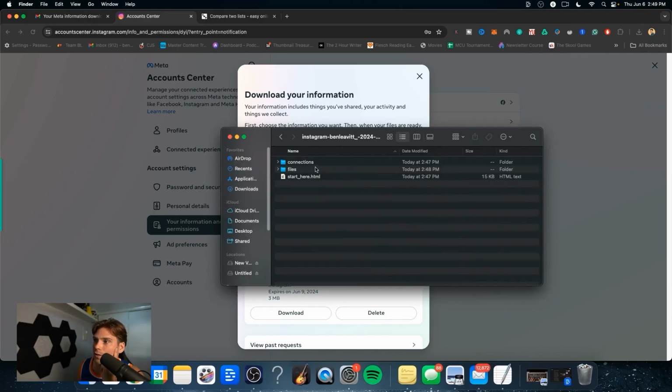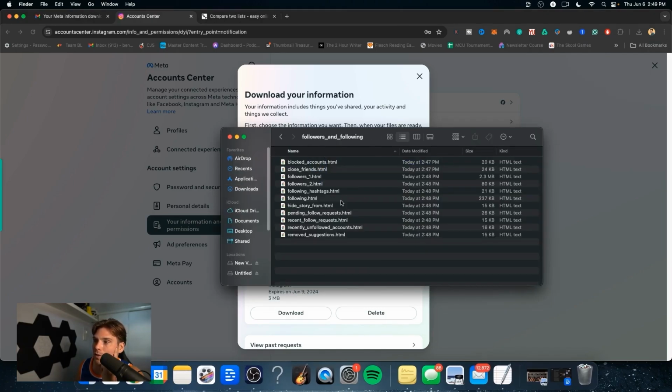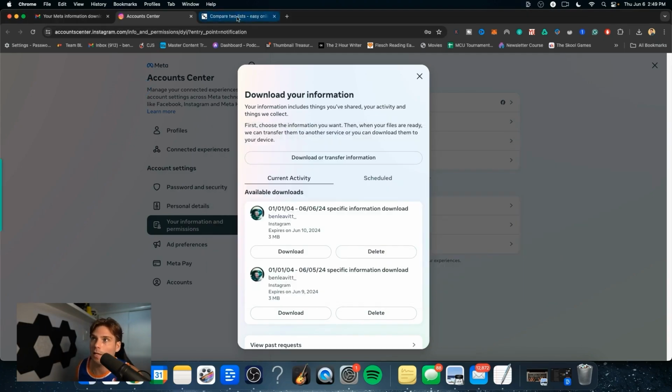We can go into the folder, go to connections, and then followers and following. And then all we're concerned about is the followers and then following right here. So we're not concerned with following hashtags. You then take this information and you go to